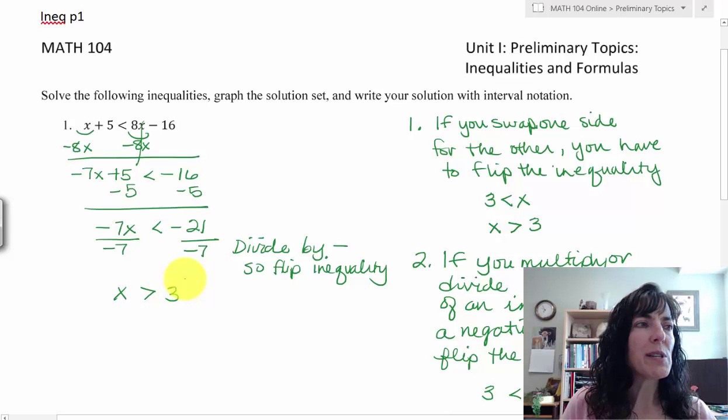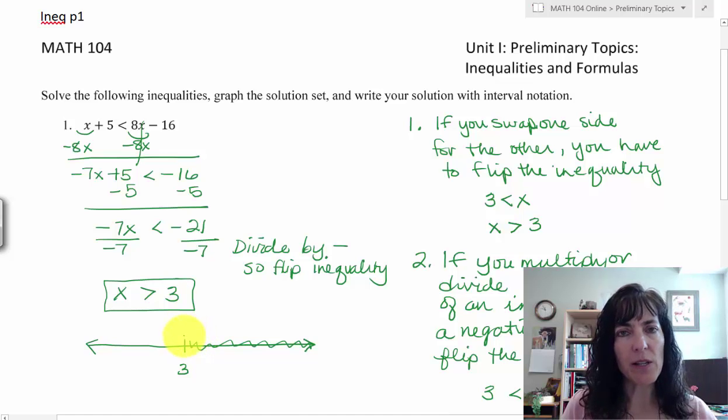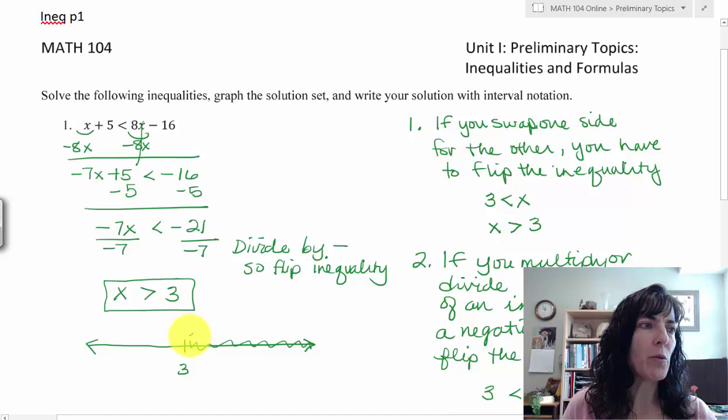3. So what we're saying is that x is greater than 3 is our algebraic notation, and we can also make a graph. So we're looking at all the numbers greater than 3, so I need to locate 3 on my number line and then shade towards the right, everything greater than. And since it's strictly greater than and doesn't have an equals part, I will put rounded parentheses here, and then